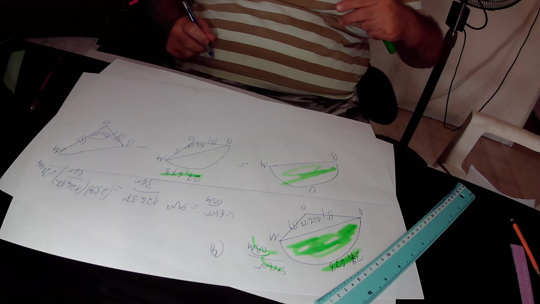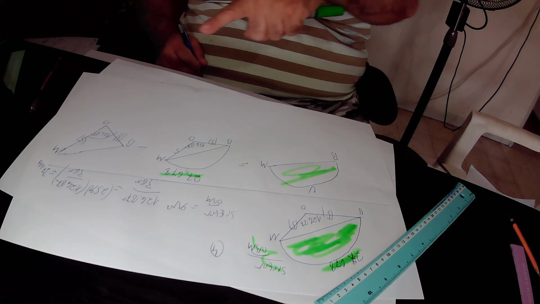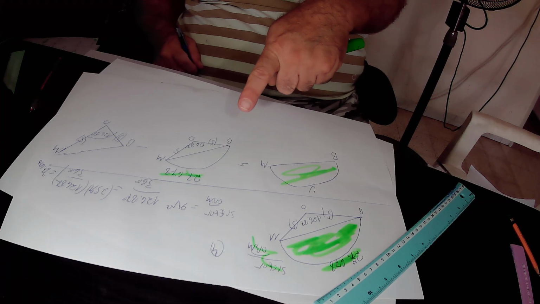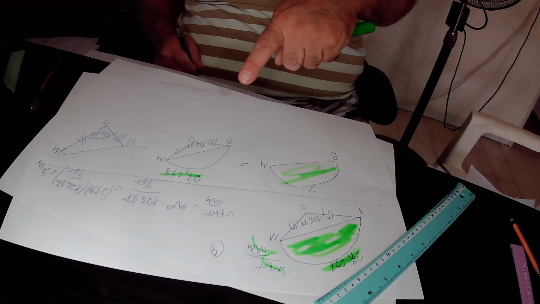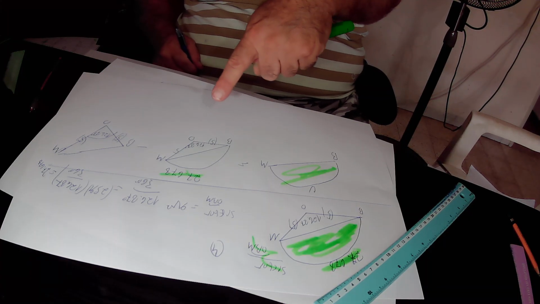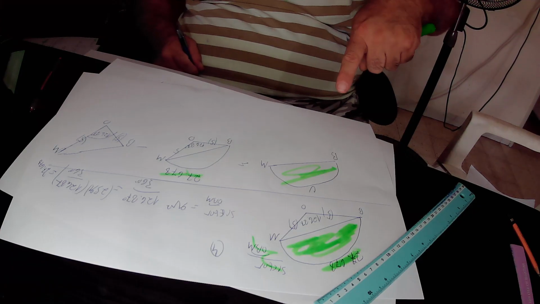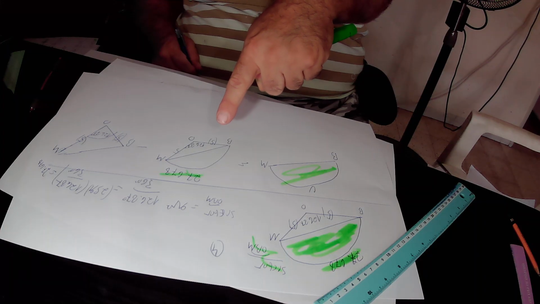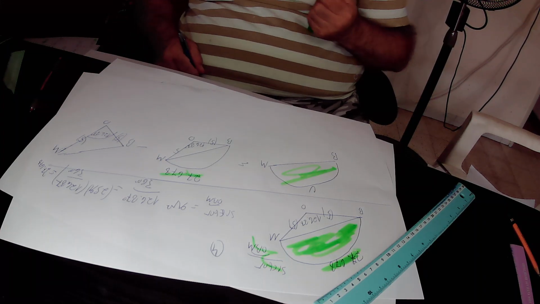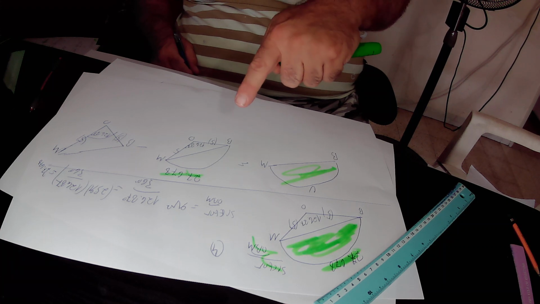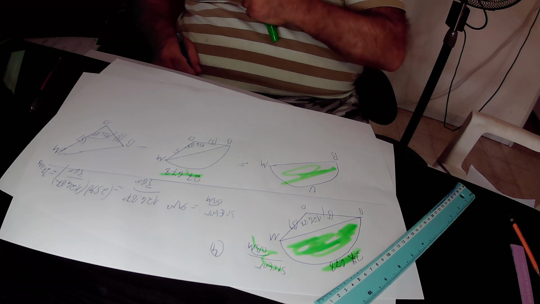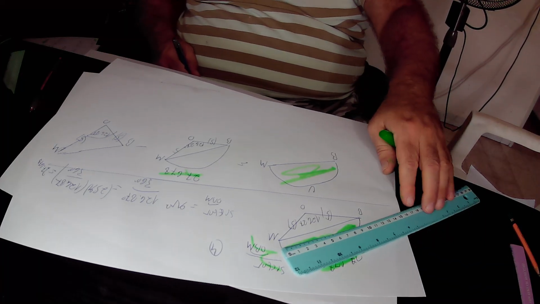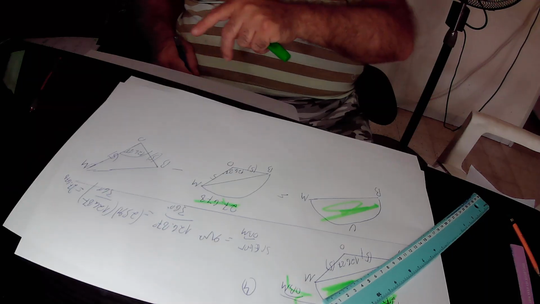It's very easy to see from the drawing that if you subtract the area of triangle BOM from the area of sector BOM, you will remove the triangle and only segment BOM will be left. Therefore, the area of segment BOM equals the area of sector BOM minus the area of triangle BOM. We already found out that the area of sector BOM equals 27.678 square meters, minus the area of triangle BOM. According to the formula that I presented to you a couple of minutes ago,